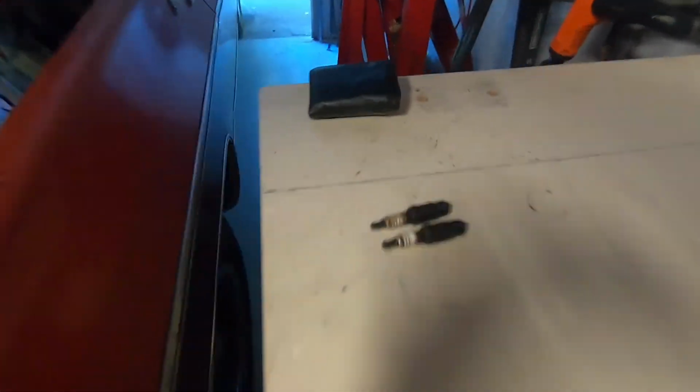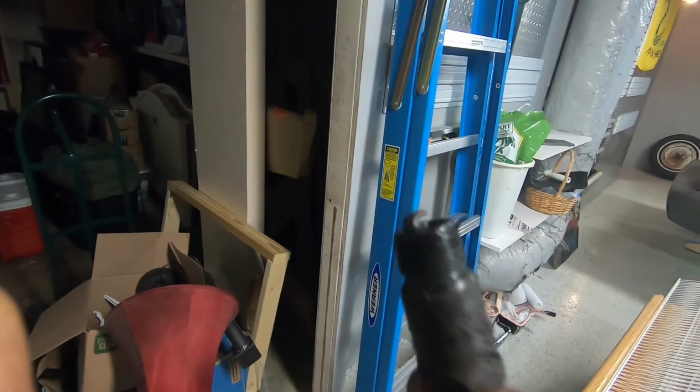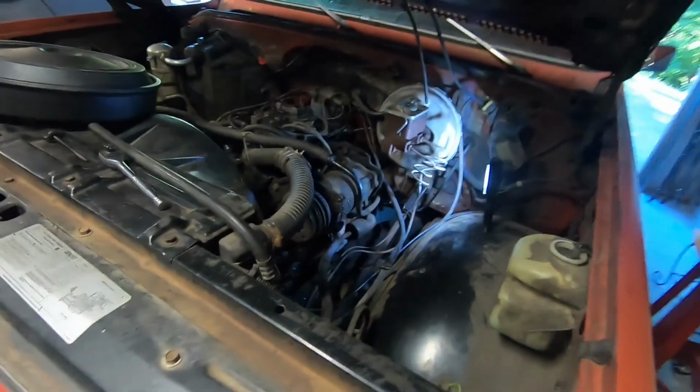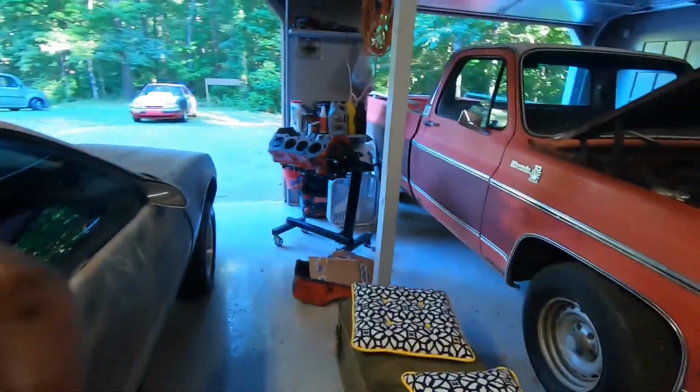Anyways, the plugs are about due for a change because they are really disgusting. Granted, those are the 2 cylinders that weren't hooked up to the distributor, so it makes sense why they have fuel on them, but just the soot, it was due for a change. So yep,